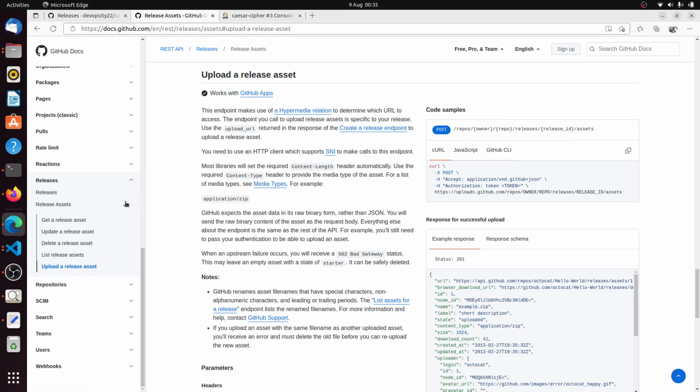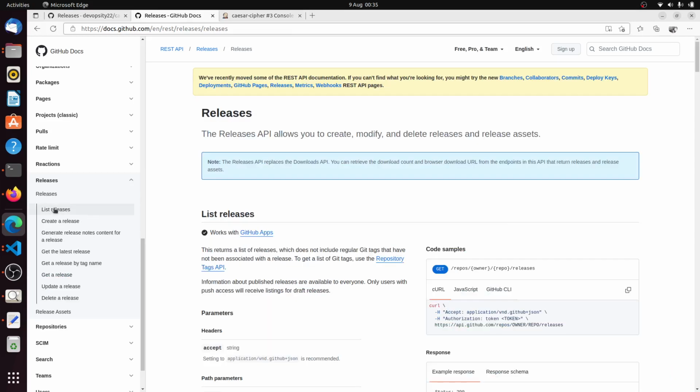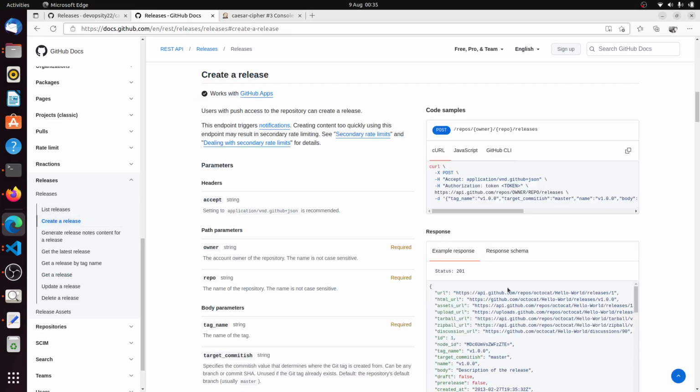No, here for the release and create. You see, for example, this is the JSON, and this JSON has this ID. So this ID is the ID of the release. The ID identifies this release. So I need